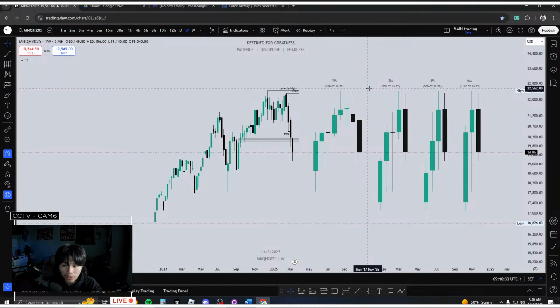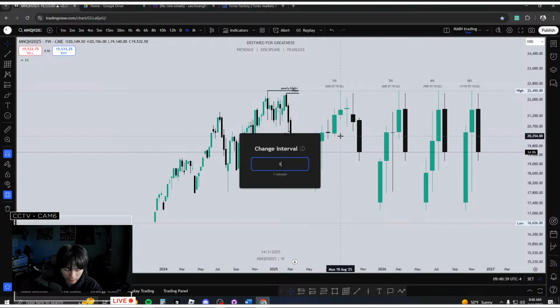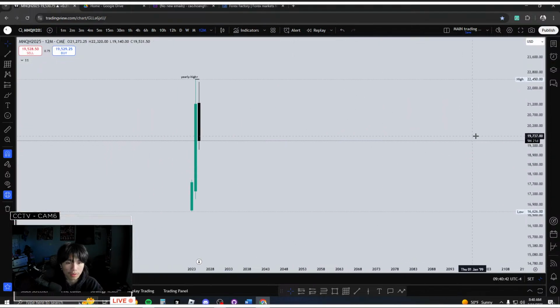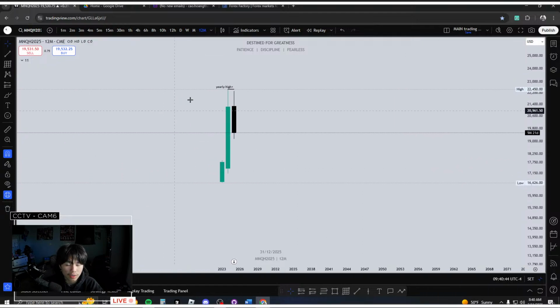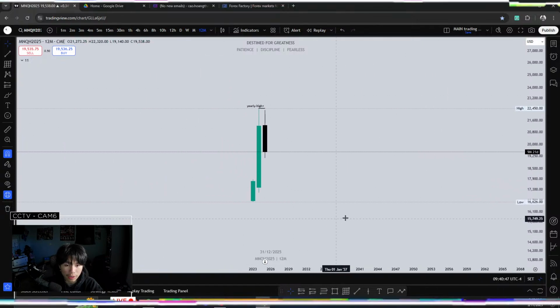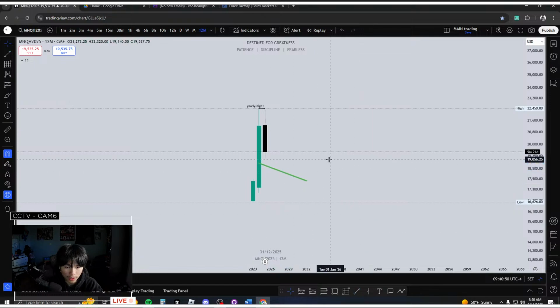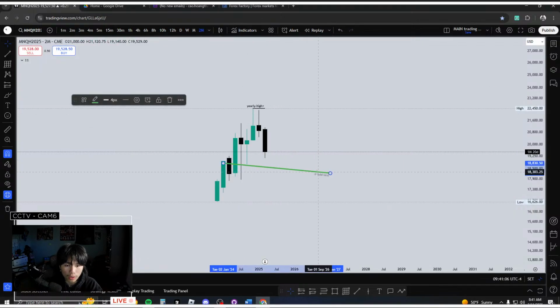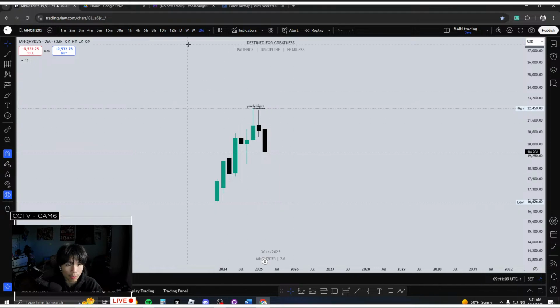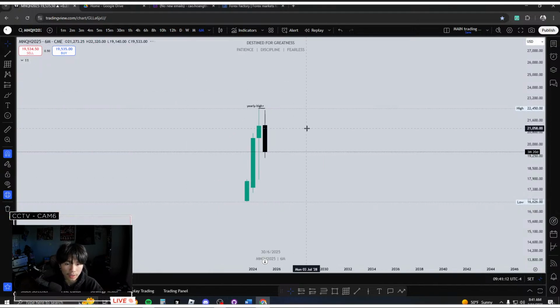We could possibly create a fair value gap here, but let's take a look at the 12-month candle. So this is the 12-month candle here on NQ. Based off of this candle right here, it's easy for me to anticipate prices to take out the 12-month high. But with the way that we're closing here on the monthly candles, 2-month candles, it's not supporting the idea of higher prices. So we're just going to have to wait and be patient,